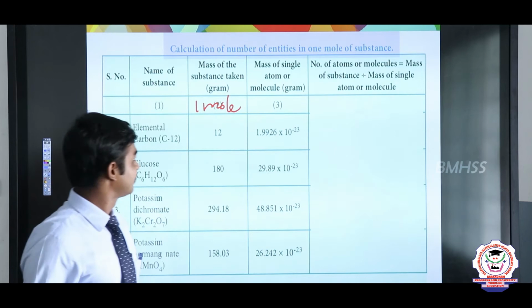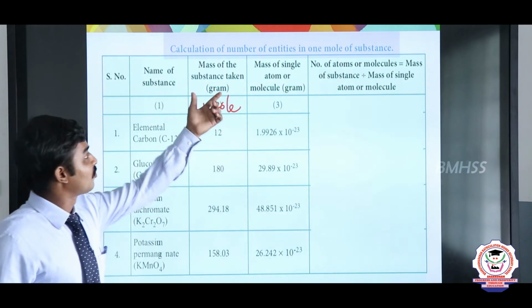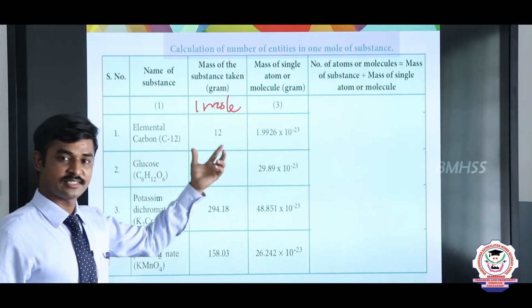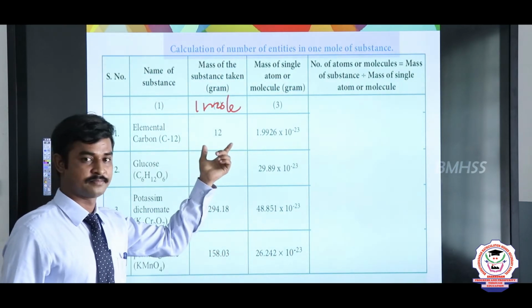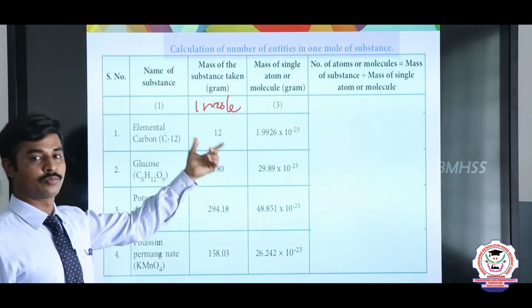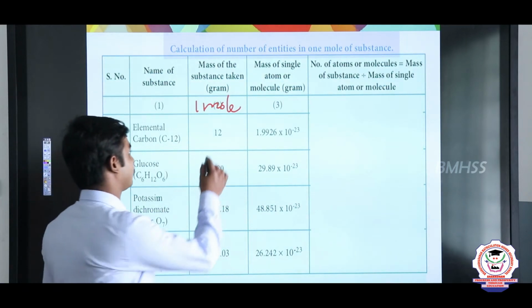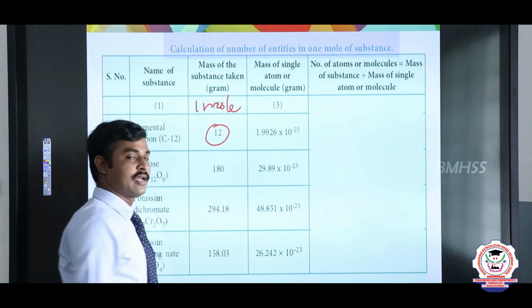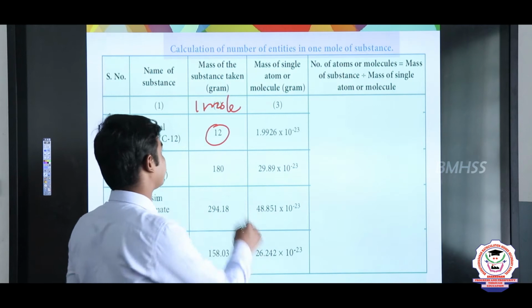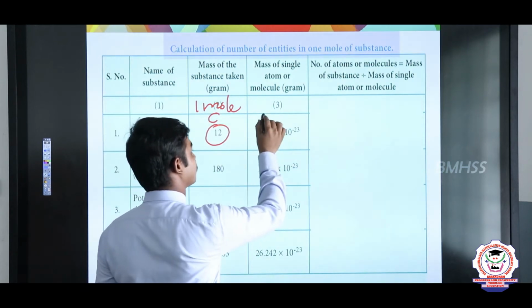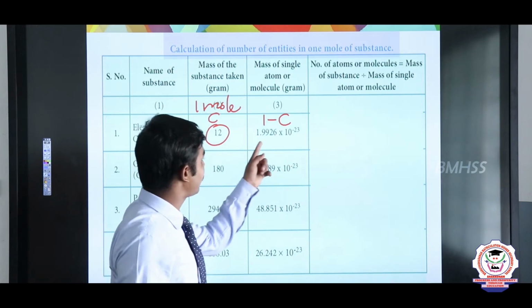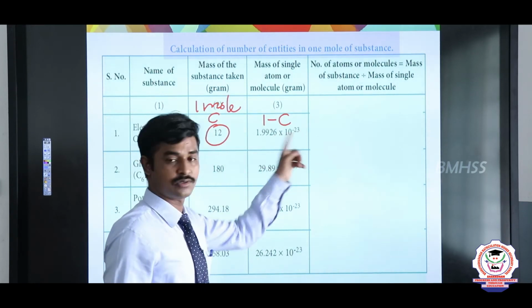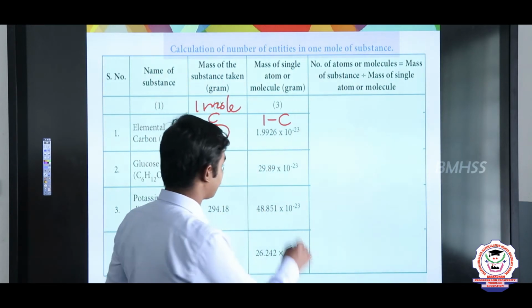Sit. Let us see, 1 mole of a substance contains a large number of particles and its weight is 12 for carbon atom. 1 mole carbon atom weight is 12, and a single carbon atom weight is 1.9926 into 10 to the power minus 23. Okay, and here